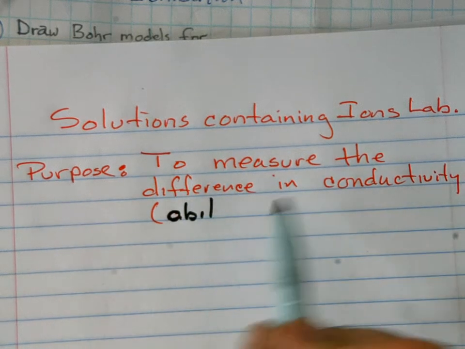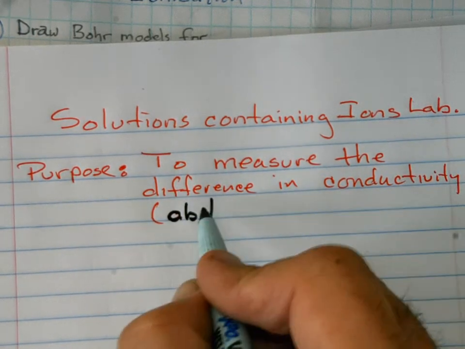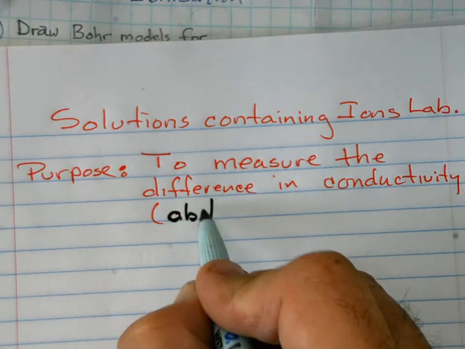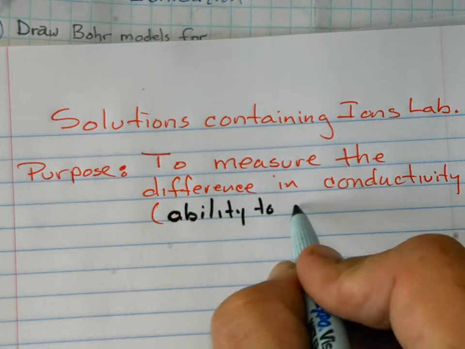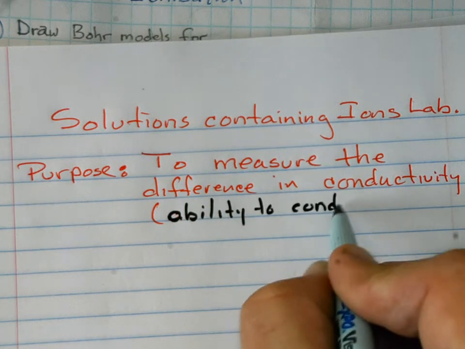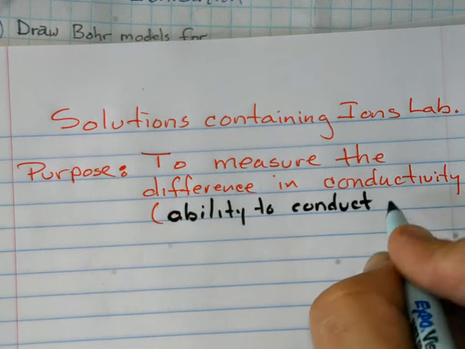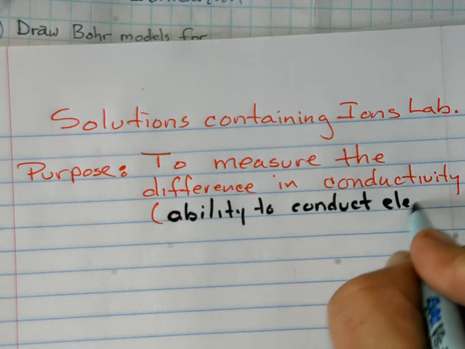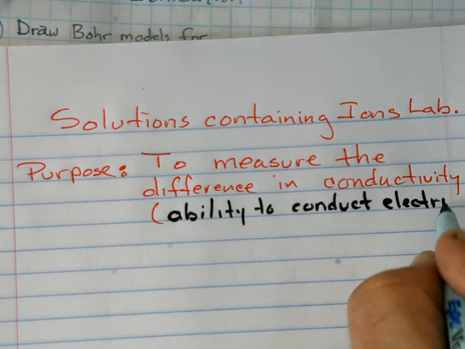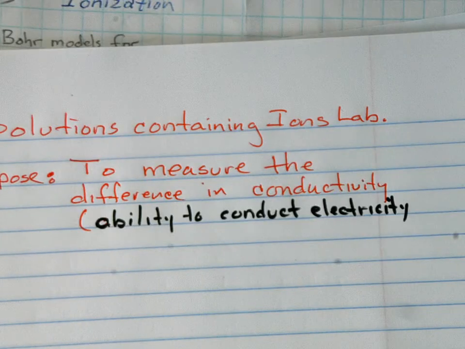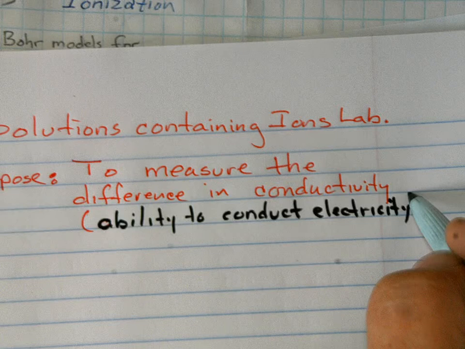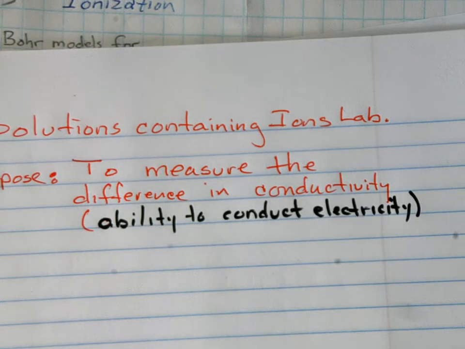The purpose is to measure the difference in conductivity. And conductivity is the ability, A-B-I-L-I-T-Y, to conduct electricity. And I went off the board there, didn't I? So first off, it doesn't do us any good to say the difference in conductivity if you don't know what that means. To measure the difference in conductivity,